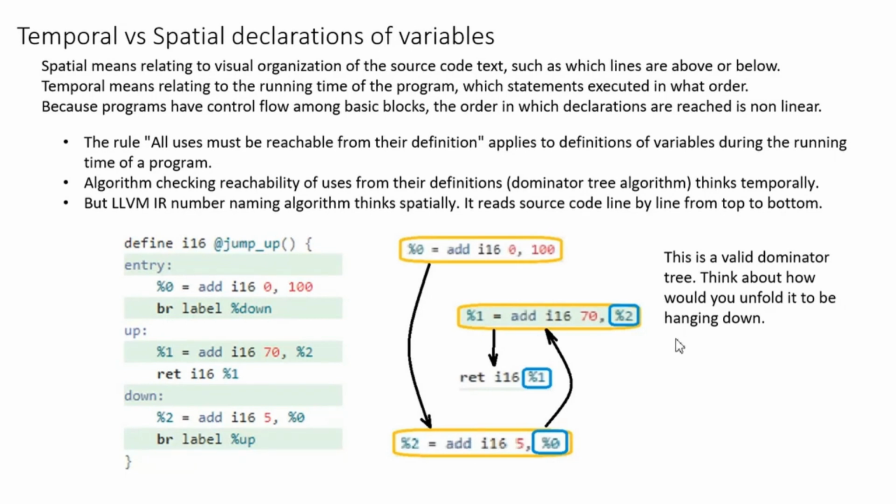So this is actually a valid dominator tree, because if you would grab it by the dominator node and leave it hanging like a pendulum, it would unfold and be hanging down. So it is a valid dominator tree. Don't let this confuse you as it's jumping up and down. So this was the last slide about temporal versus spatial declarations of variables, which concludes this first section, which is everything